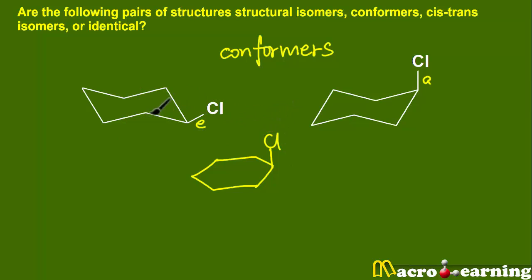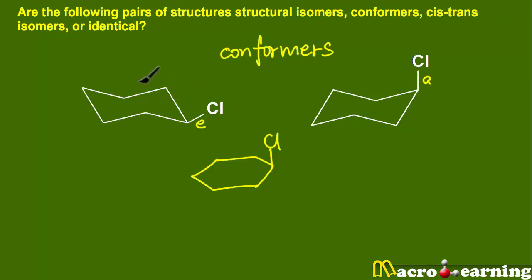By applying enough thermal energy to a given structure, you are only able to convert it into a conformational isomer, back and forth. You're not going to be able to turn a structure into a structural isomer or configurational isomer